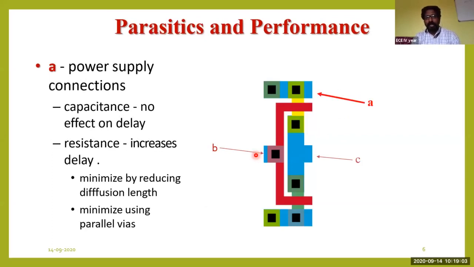First, at point A, this is a power supply rail. This part is called the power supply rails. This is called the VDD rail, and the bottom one is called the ground rail. Since we supply the power right from here itself, the power is supplied to the entire circuit. So majorly we are supposed to look into this part in order to avoid any kind of parasitics being formed.